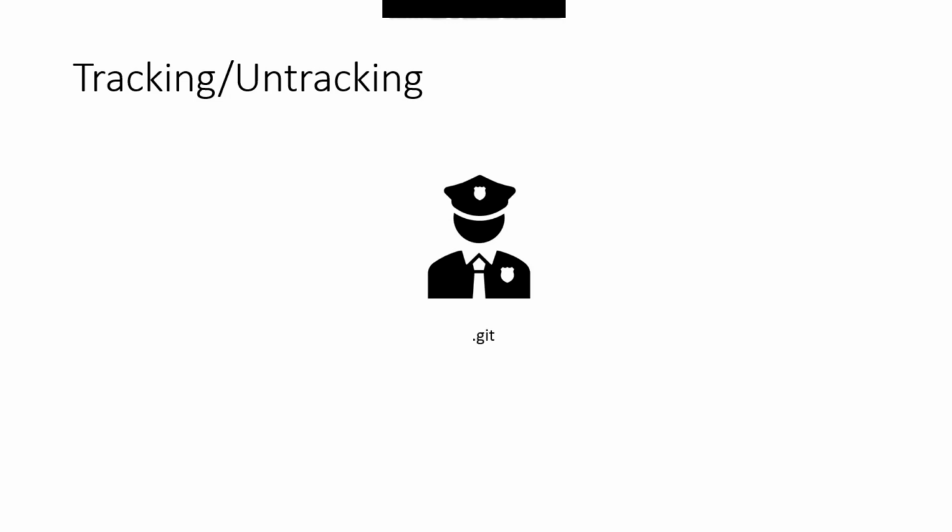Similarly, there is someone called .git in our local system who is going to track each and every piece of information that you create. As we talked about just now, Ramu has changed where b is equal to 5 to where b is equal to 10, right? So whenever this kind of change happens in our local project, Git is going to track all this information. So just think that there is a concept called tracking and untracking in Git. The files which are tracked by Git are called tracked files, and the files which are not tracked by Git are called untracked files.